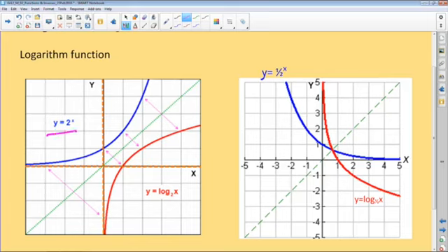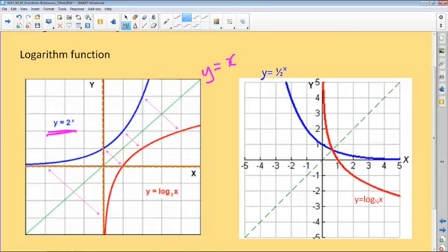That is your exponential graph. You've got your axis of symmetry in green, your line of symmetry y is equal to x. So these are symmetrical about that line. They are equidistant. And then if we change from exponential to log form, so we're going to have log of